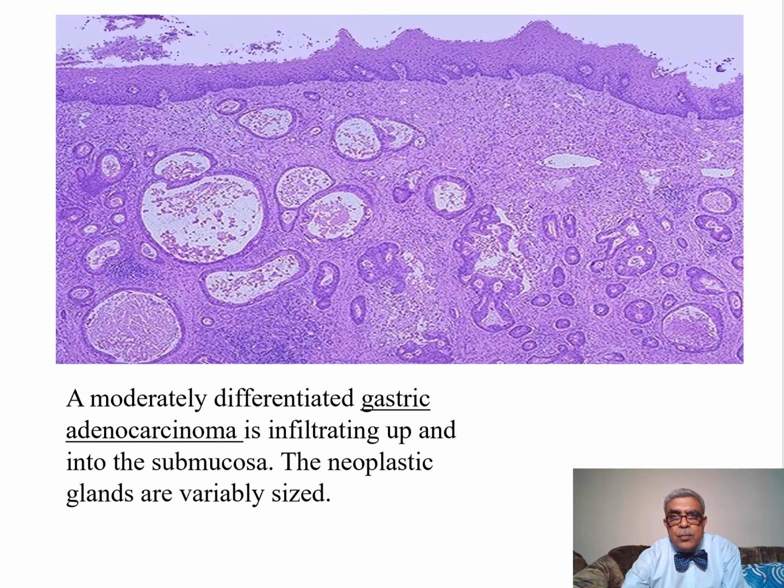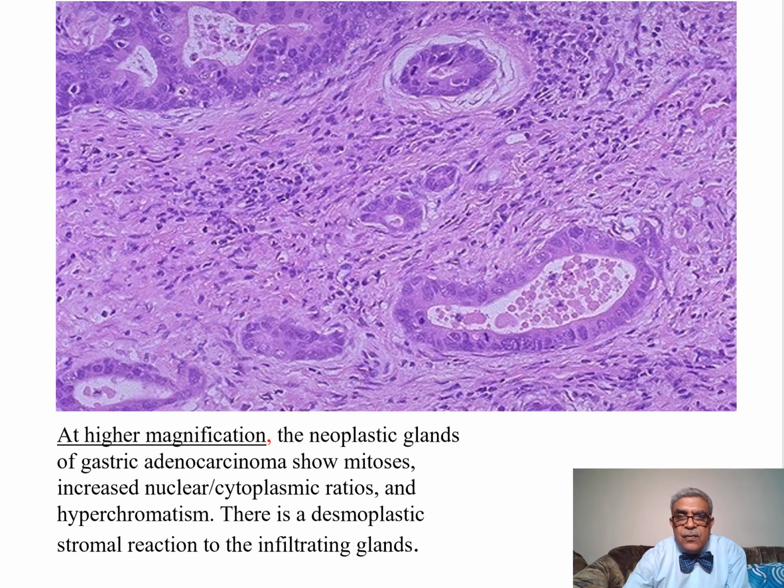Now the microscopic feature: this is a moderately differentiated gastric adenocarcinoma. These are the tumor glands present here, infiltrating up to the submucosa. These glands show variation in size and shape. Then a high power view of that. Look at the neoplastic glands,